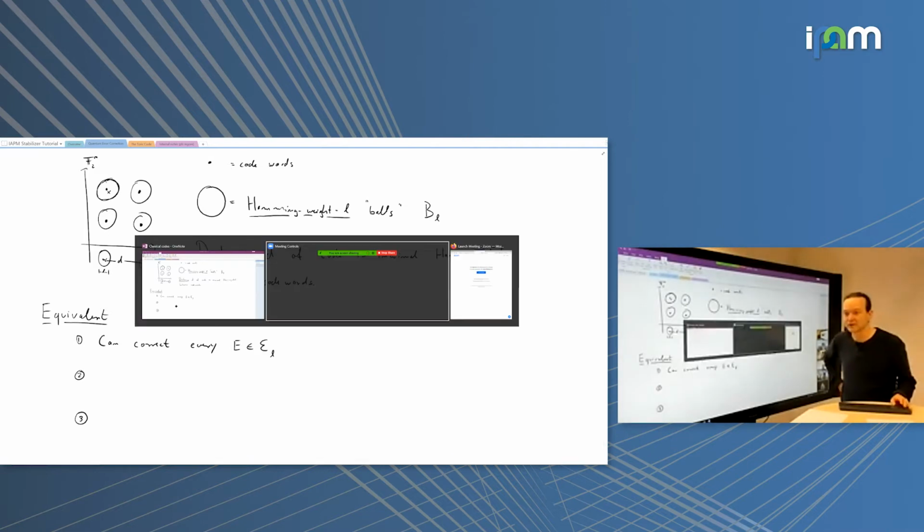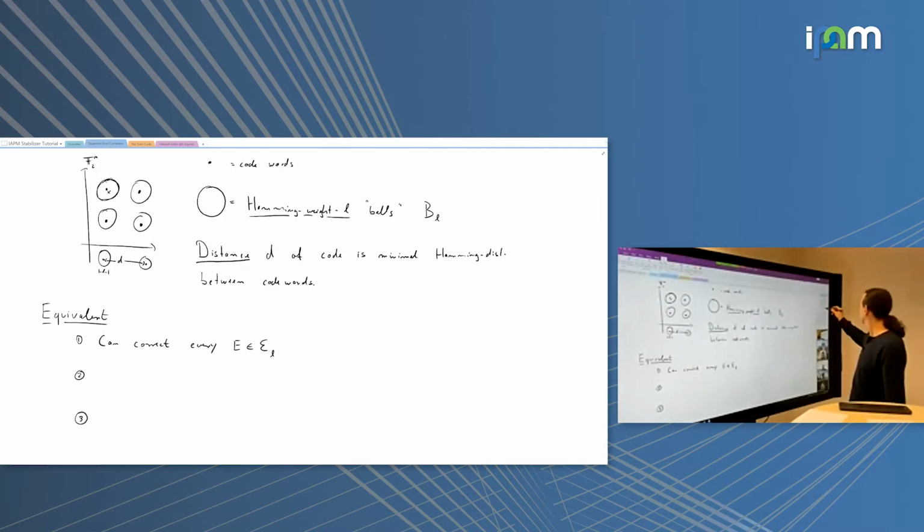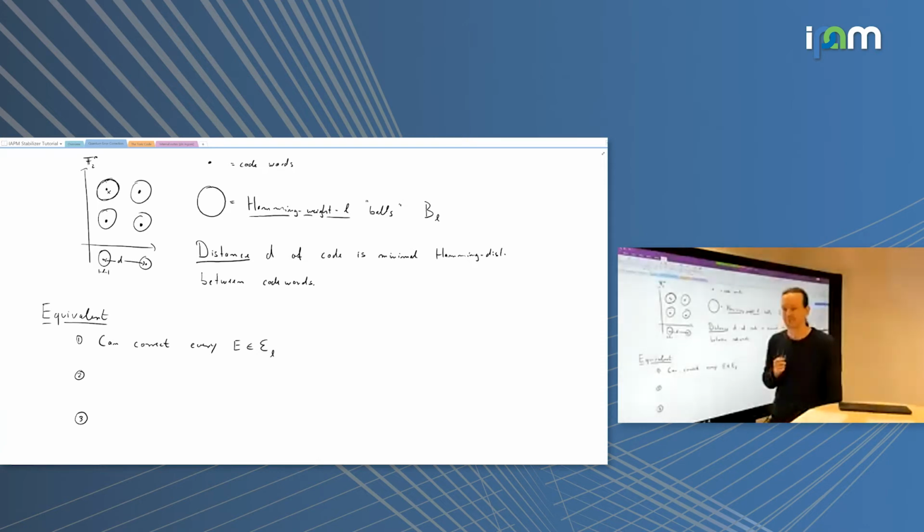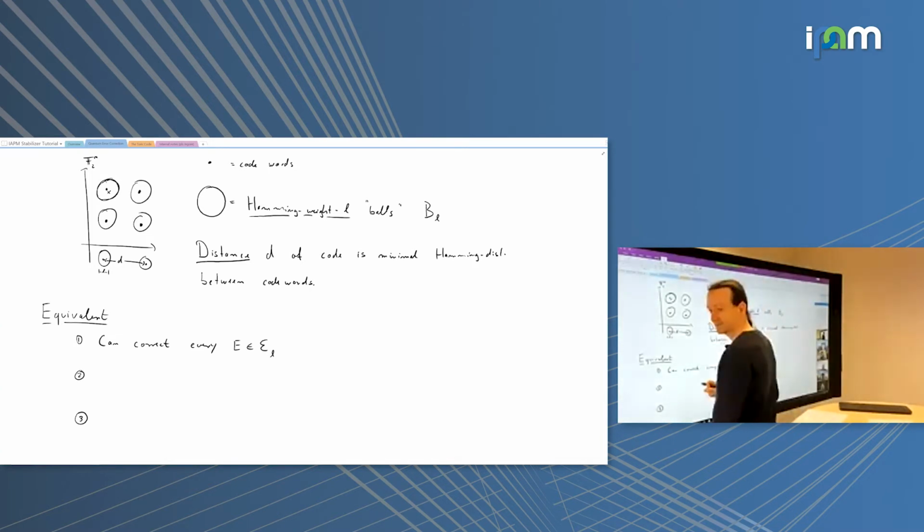Maybe I can get the chat window up again. All right. Any ideas, anybody? If you want to answer, just type in the chat. So I can decode if no two code words are compatible with the corrupted bit string I receive. Okay, let me give it away. There was an answer. All right. So someone says the distance larger than 2L.